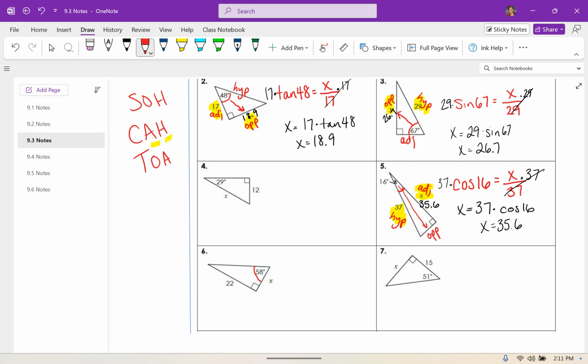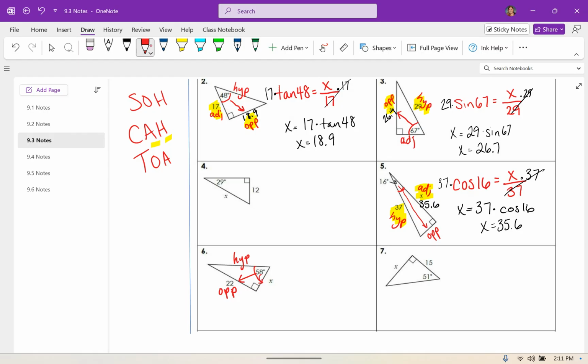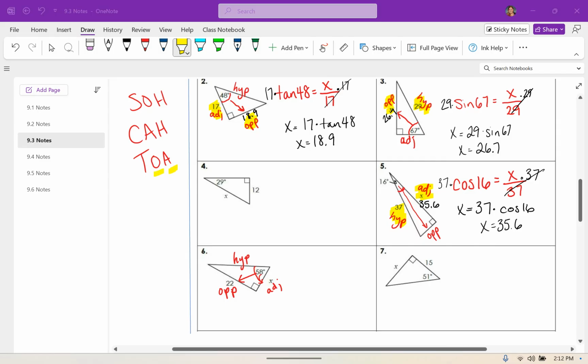Okay, so we're looking at angle 58, and across from 58 is opposite. You can see the hypotenuse is not used, and so next to the 58 is adjacent. So in this example, I have opposite and adjacent, which is O and A. So if it's OA, I'm going to use tangent. So tangent of the angle